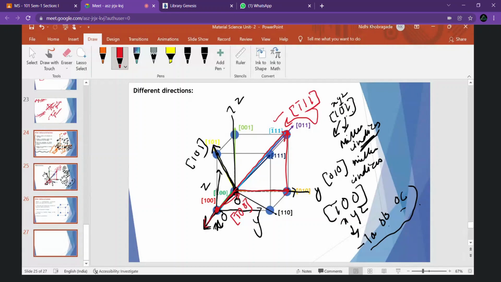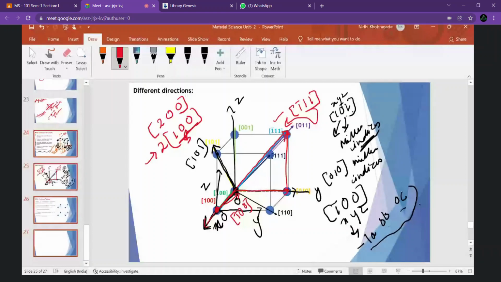Okay, like 200. Suppose we have a Miller indices which is given as 200. Okay, that is a positive integer which is greater than 1. Okay, Miller indices as 200. Okay, so what we have to do, we have to remove the 2 as a common factor from the given indices, so it will become 100, right?